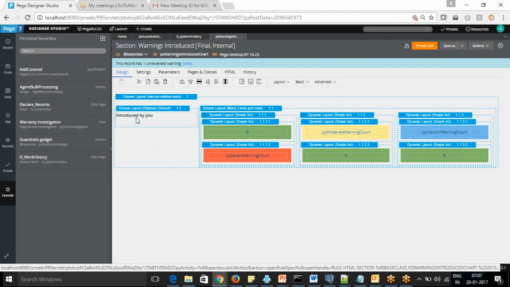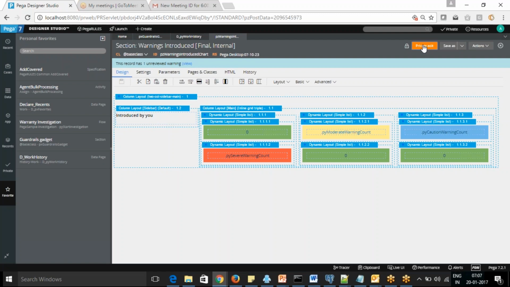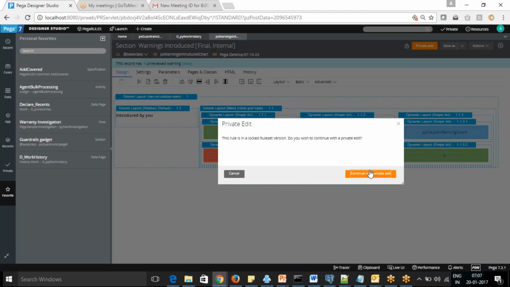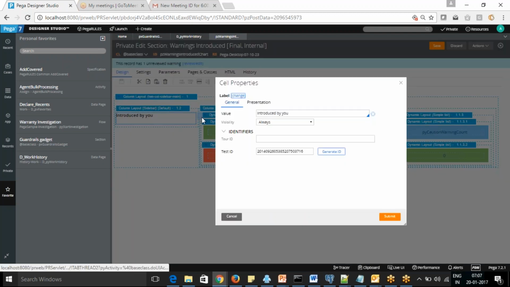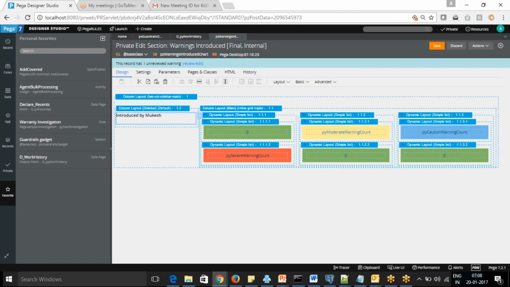If you can see, this is the label which is coming in this. I made a private edit just to show you. Normally we don't do that, but now you see it. Here I can see introduced by Mukesh, and I saved it.